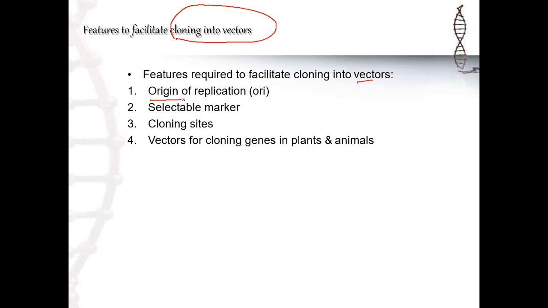There must be an origin of replication, because if there is no point of replication, then there is no way we can reproduce the recombinant DNA, the recombinant cells, in the host cells. Because the foreign genes carried by the plasmids and viruses can only be reproduced when they are allowed to replicate within the host cells. Okay, there must be an origin of replication,